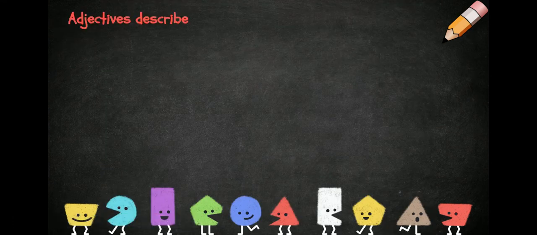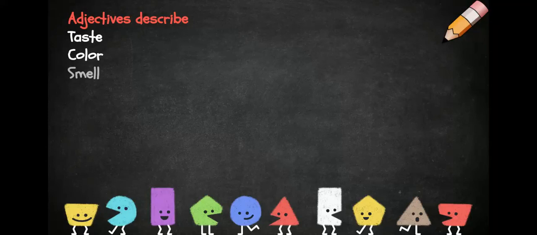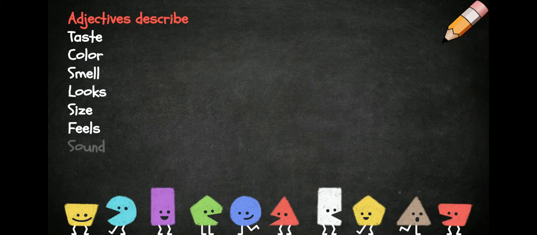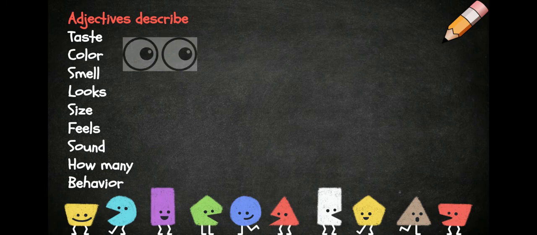So, if adjectives describe taste, color, smell, looks, size, feels, sound, how many there are, and their behavior, we could say that adjectives describe the things that we see,